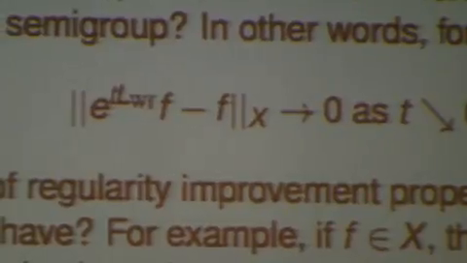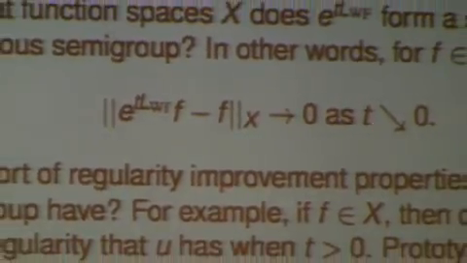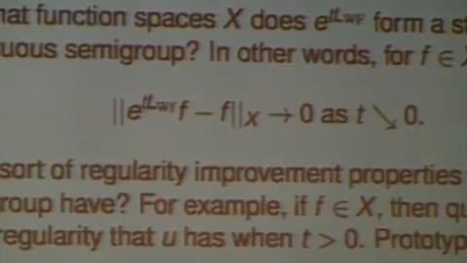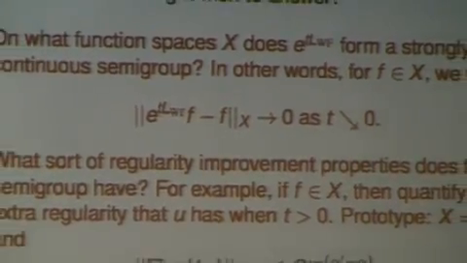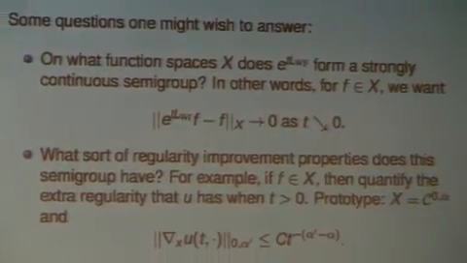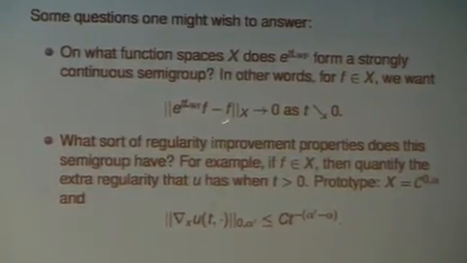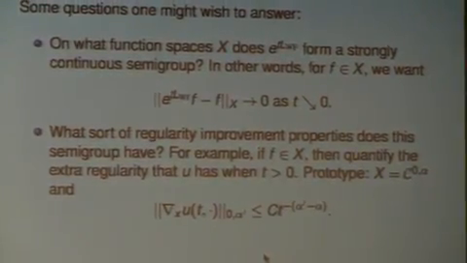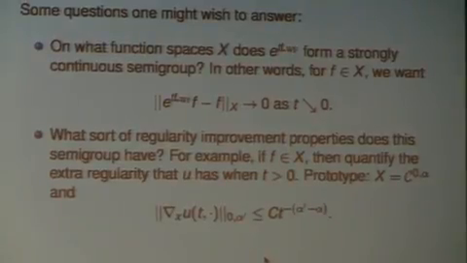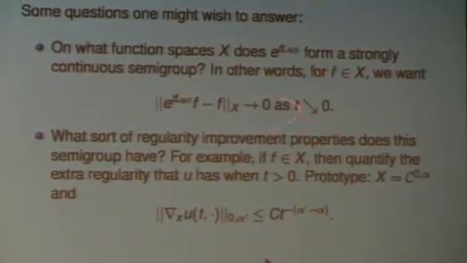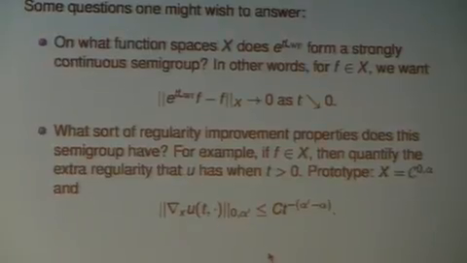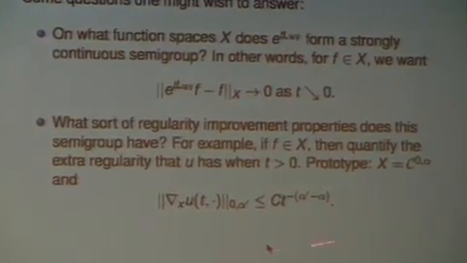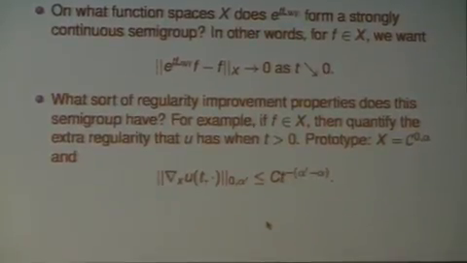So if you think about just the ordinary heat equation in Rn, for example, these types of properties are fairly standard and we cannot emphasize them so much, but they're very important properties. And if you have a more complicated diffusion, there can be real work involved in verifying them. So in particular, does the solution u, this e to the tL_WF applied to f, converge to f in the norm as t goes to 0? There are many other modes of convergence, but this is the nicest form of convergence.